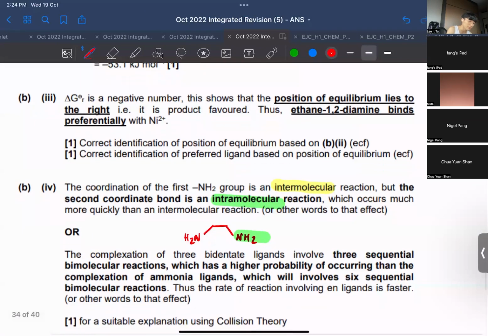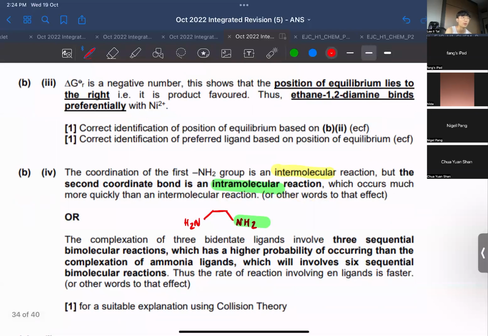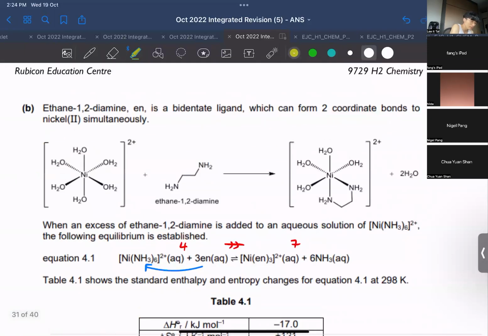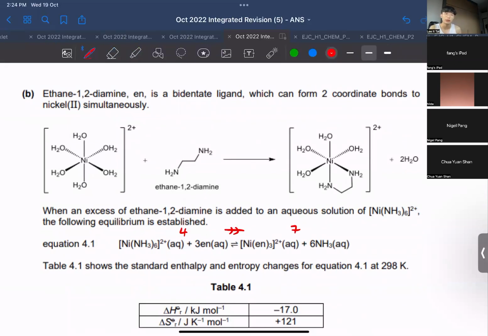The second answer, this is not necessary for 1 mark, honestly, it's not worth it. But just take a look first. Let me go back and look at the equation here. To summarize the second reason, they're saying the bidentate ligand only requires 3, but the monodentate ligand requires 6. Now, 3 versus 6, there's a much higher chance to collide 3 molecules successfully than to collide 6 molecules